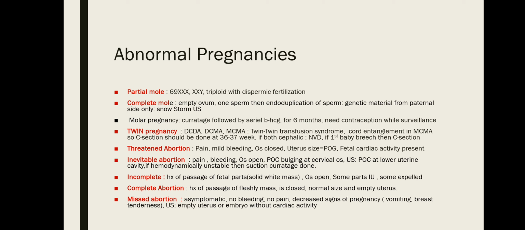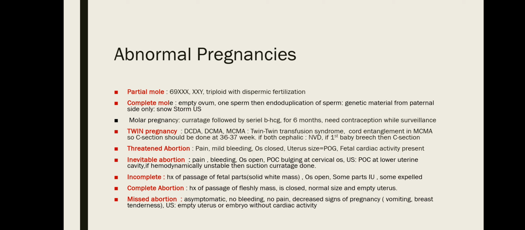So now let's discuss abnormal pregnancies. First one is partial mole. In partial mole, there is fertilization of a single ovum with two sperms, which is called triploid with dispermic fertilization. That is 69 XXX or 69 XXY. And in partial mole, some fetal parts are still present, as compared to complete mole, where there are no